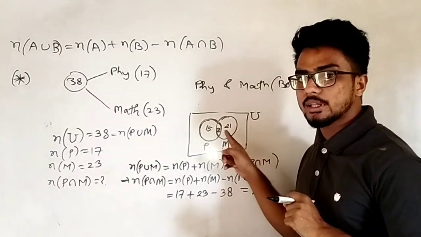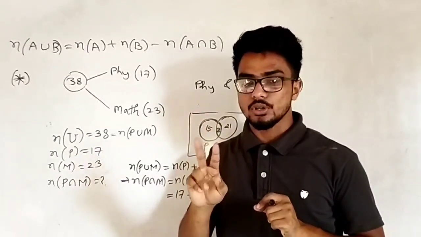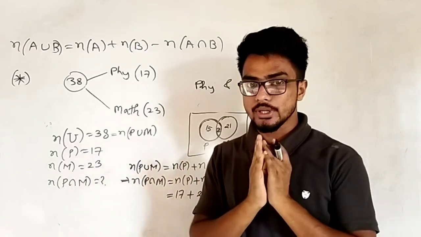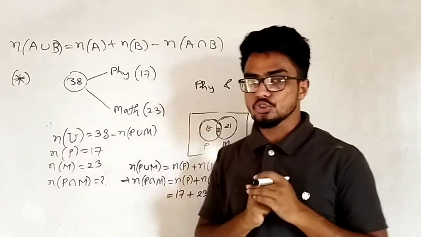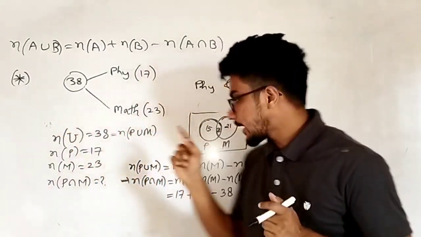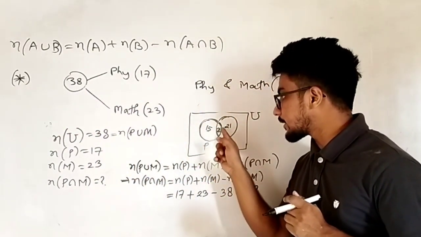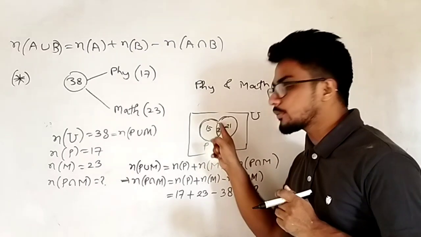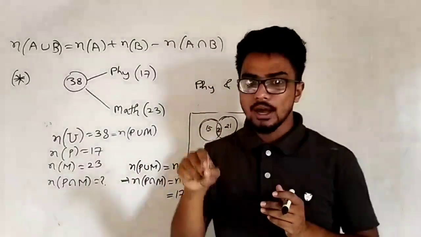Those 21 students will read only maths, not physics. Only maths. Sorry, the difference must be understood. Suppose someone asks you how many students read physics, then the total number of students is 17 who read physics, but how many